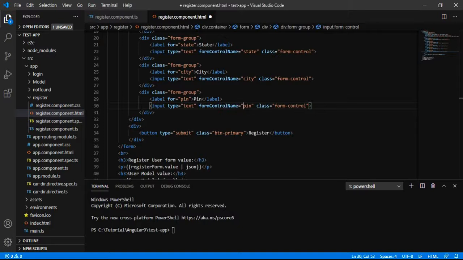So we have bound the form control name and the form group that are required.